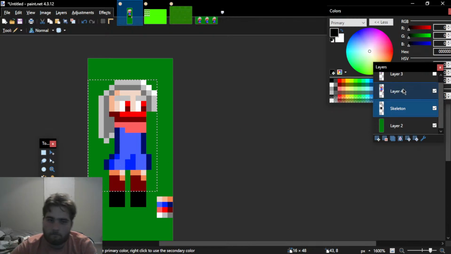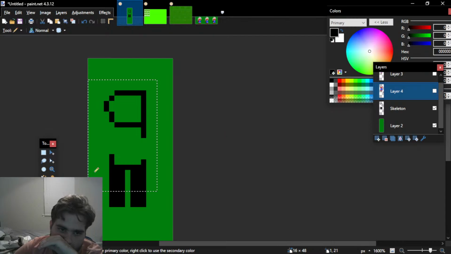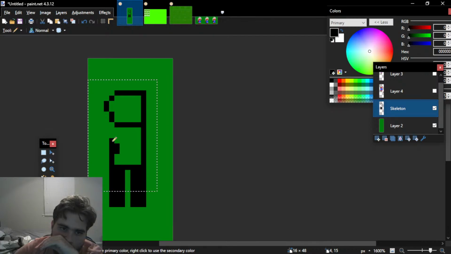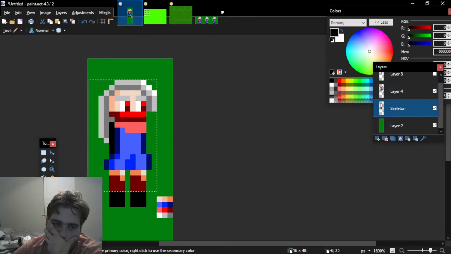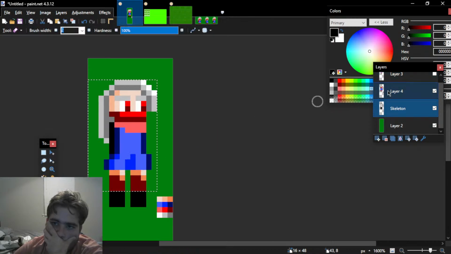There we go. And if we turn that off, we can go ahead and... shoot, I drew on that layer, didn't I? Let's see, if we turn that off, we can go ahead and finish that layering. And if we turn Symphonia on here,